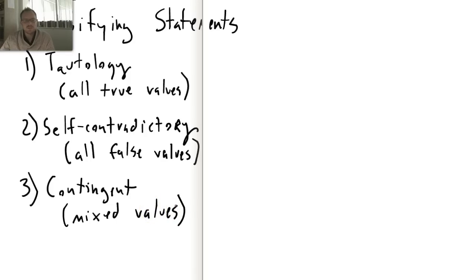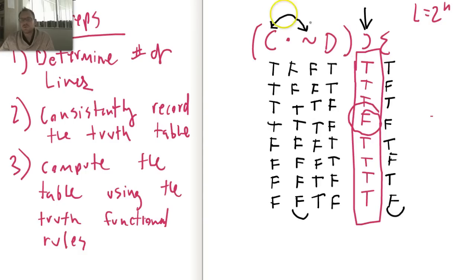you can see here, if we go back to our page we were looking at earlier, what kind of statement was this? Well, it almost was a tautology, right? Because they're all true, but it's not. It had one false, which means that if we're going to classify this statement, we would say that this statement is contingent. It's contingent upon, well, really,